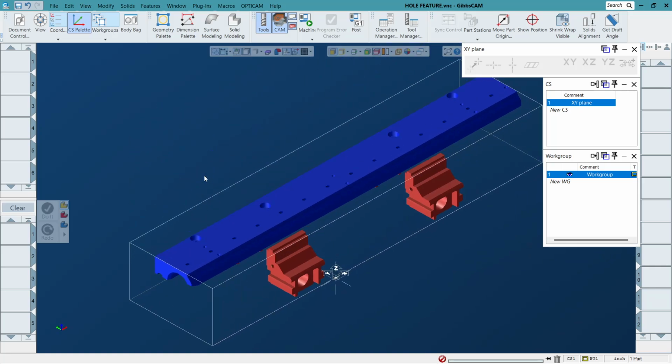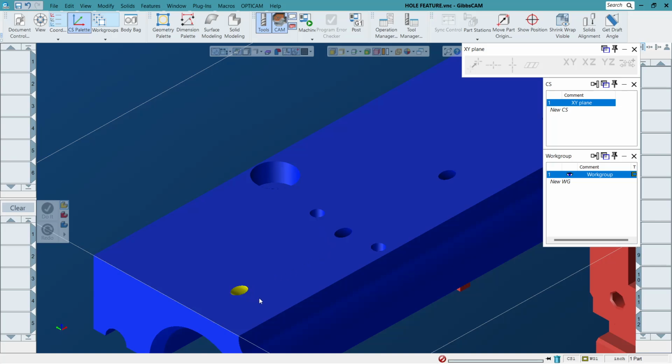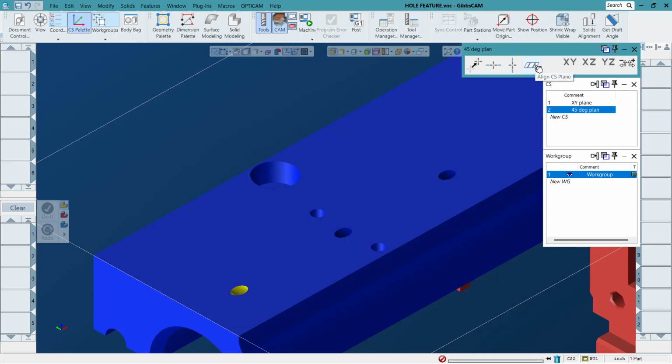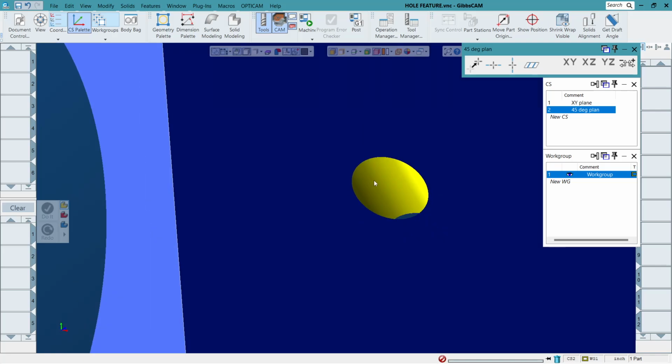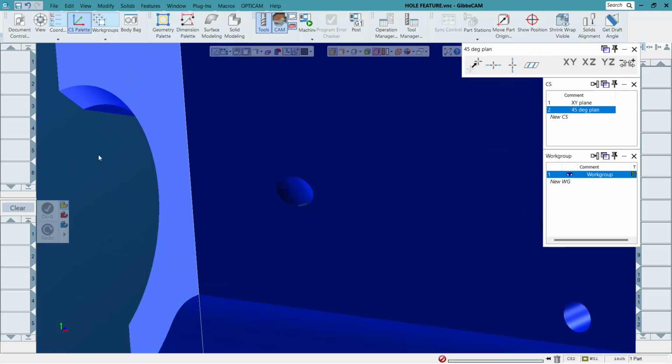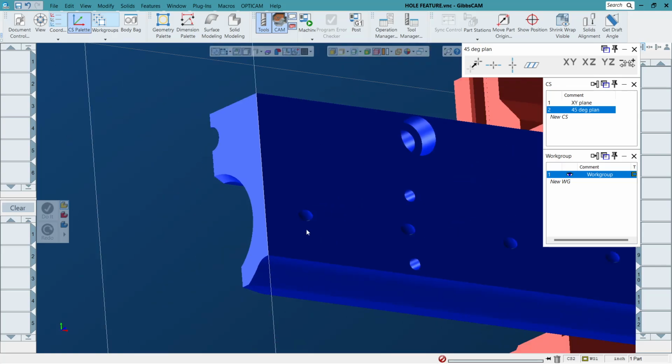All right, so let's do manual. Before you create a CS, you have to highlight that surface first. Create new CS, name it 45-degree plane, right? And then click on here, align CS, and therefore you have a new CS that is perpendicular to the hole, right? And from here you can just create a